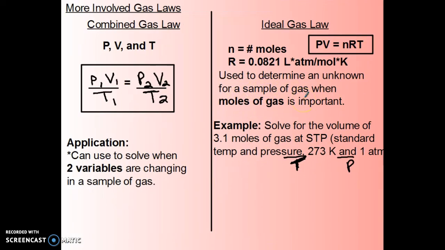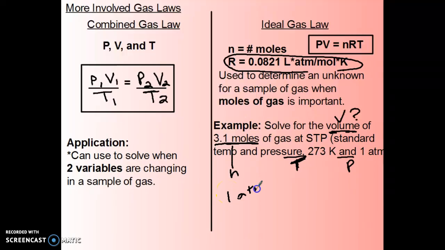So we're going to plug into our equation. We're looking for the volume, so that means our unknown is V, and we know the number of moles, so that's going to be our N. So we have N, T, and P. The only other thing in the equation is R, and since R is a constant, we can just plug it into the equation. So our 1 atm times our unknown volume will be equal to 3.1 mole